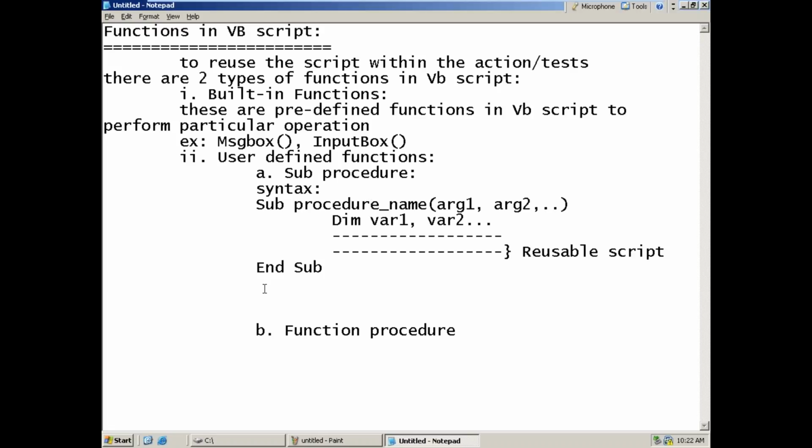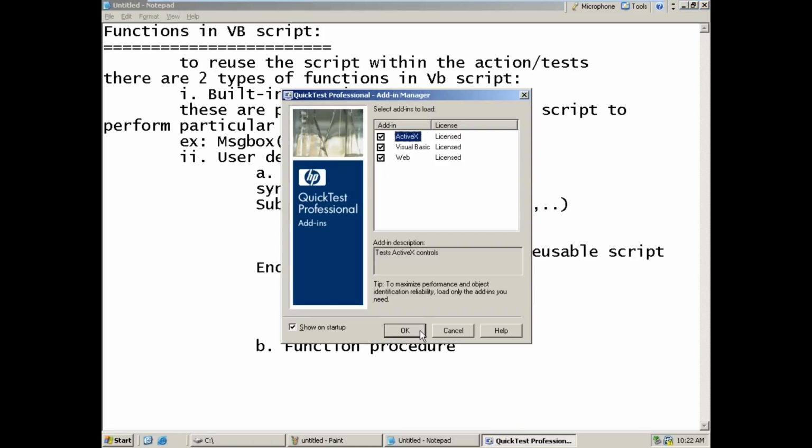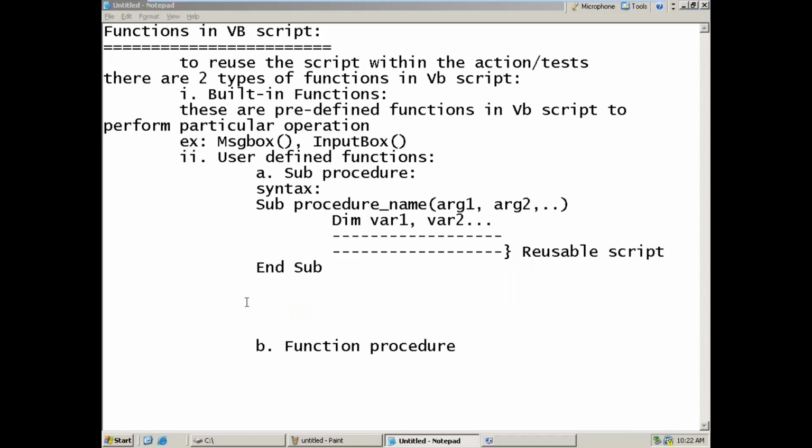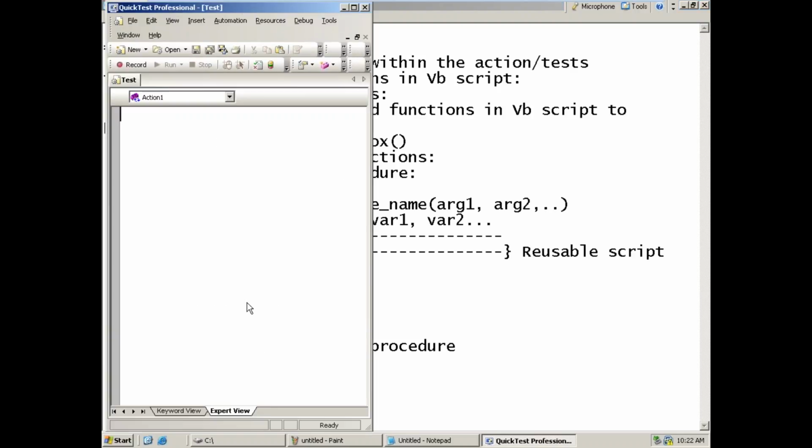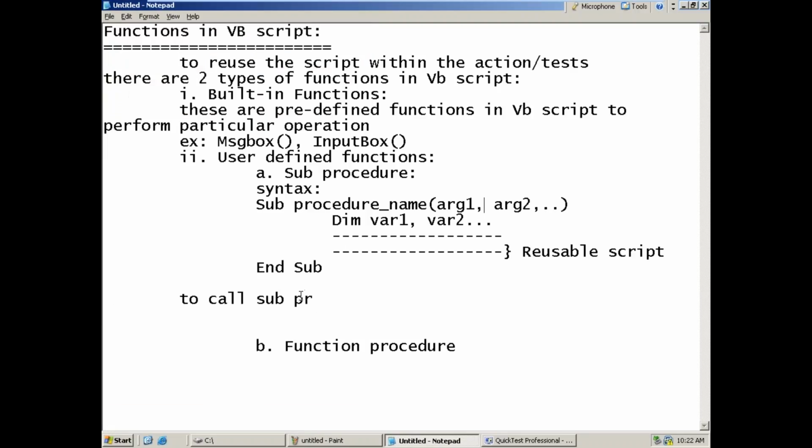How do you call the sub procedure? What is the driver for the sub procedure to call? To call a sub procedure, I can go like this.